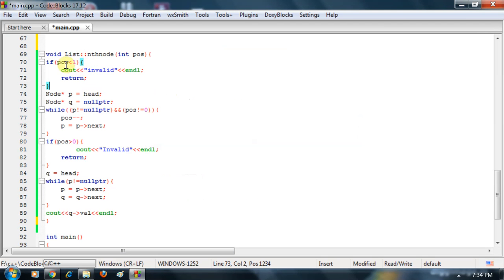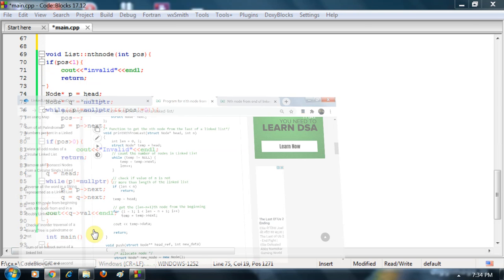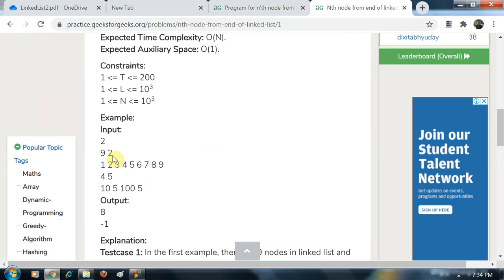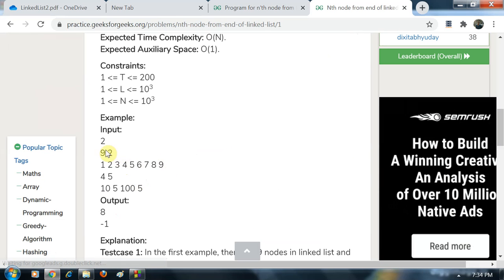Then I assign the head to node pointer P and create another pointer Q and assign a null pointer to it. Suppose in this example, I have to print the second last node of the linked list, and the length of the linked list is 9.